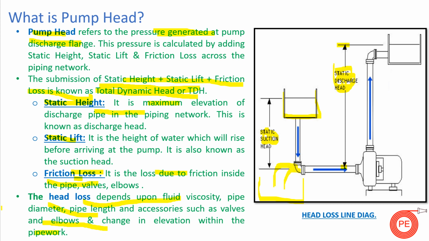So what happens if my velocity is very low? My pipe size will become big and my losses will be very less. But vice versa, as per Darcy-Weisbach also, hf = fLV² / 2gD. So there is an inverse relation between velocity and frictional loss. If my velocity is very high, the pipe size will be less and hence the frictional losses will be more. If the number of fittings is increased in my piping network, again the head loss will increase. So all these things lead to high head loss.